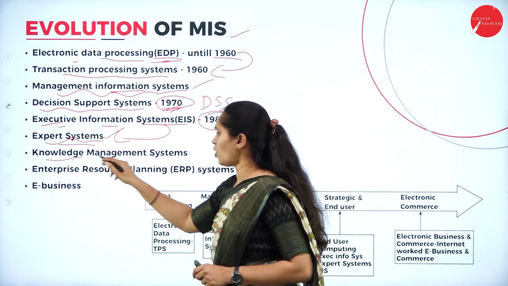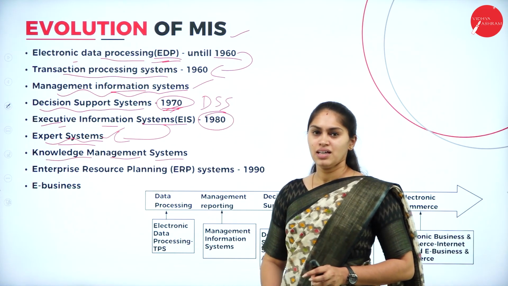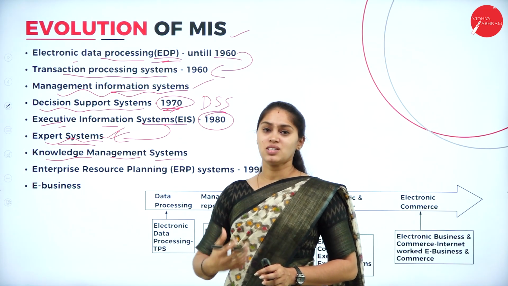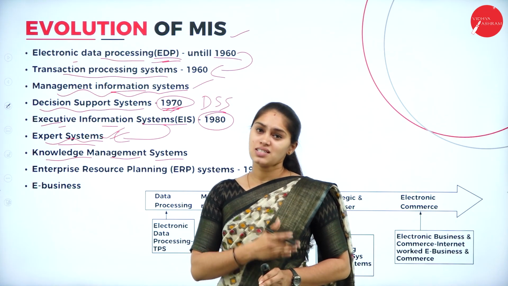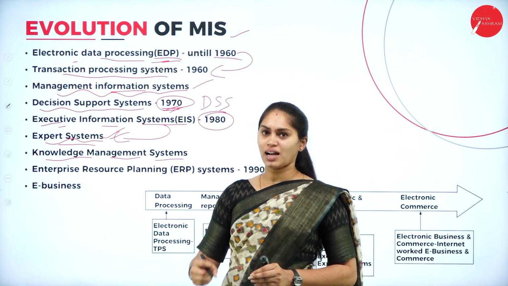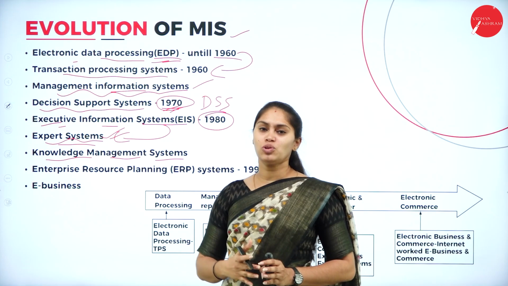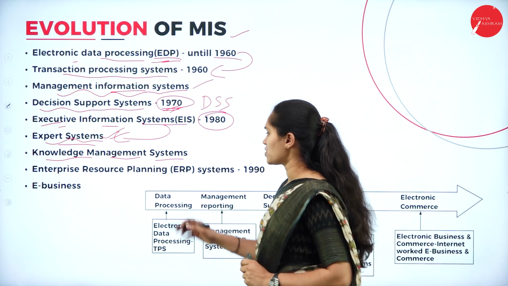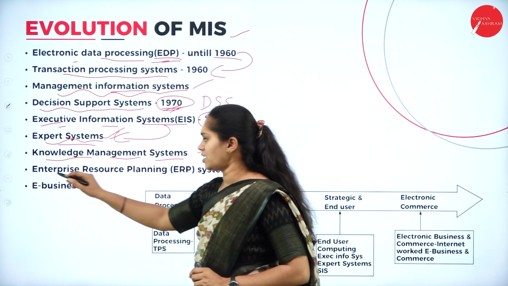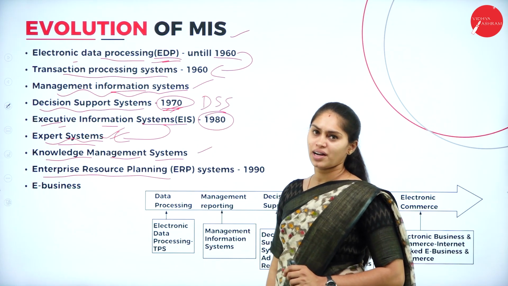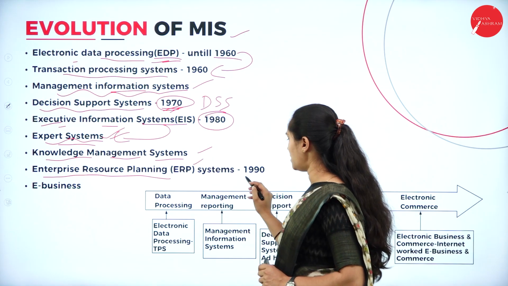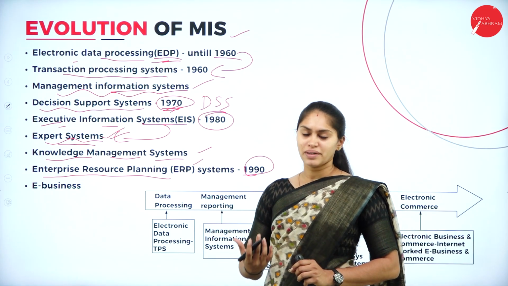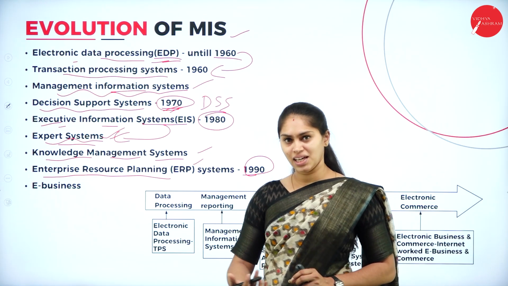Then we have the knowledge management system. This is also somehow an enhanced version of the expert system. This is going to use the previous history to make a decision. That must be helpful in order to take the efficient weightage of the organization. By making use of this, nowadays we have ERP, or Enterprise Resource Planning System, in the late 1990s, with the help of supercomputers, and with the help of micro and mini computers.